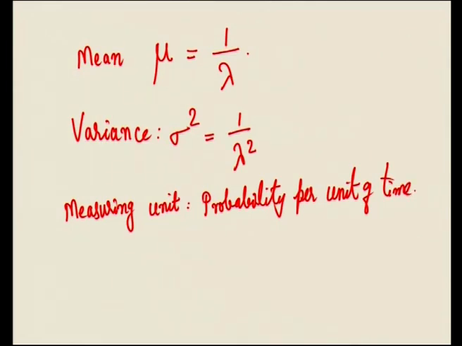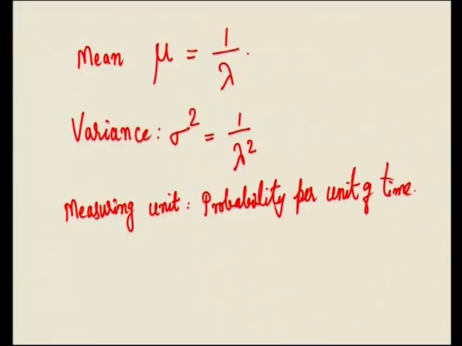Another important observation here is that the failure rate of the exponential random variable is constant. Based on the definition of the failure rate function, it is the probability of failure in the next instant of time, no matter how old the device is. So that is being obtained as constant, namely here the value is lambda.